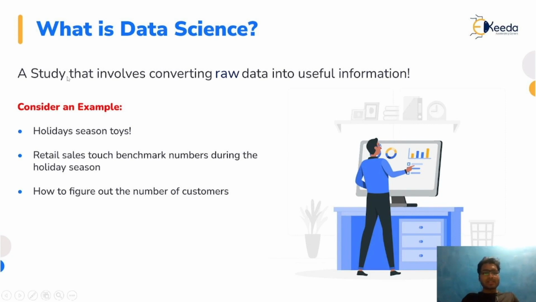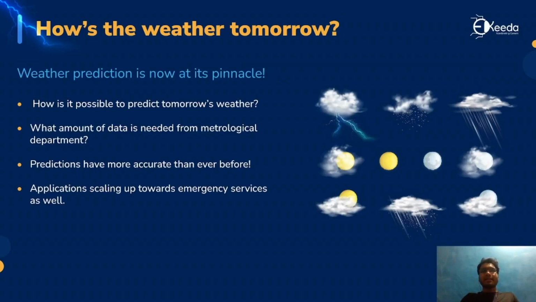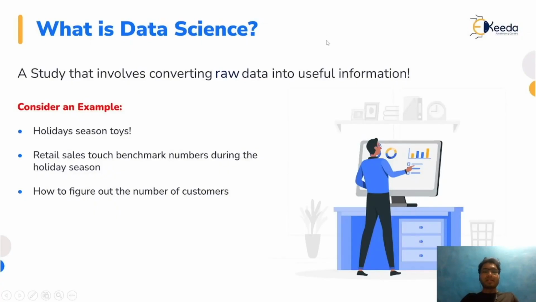Basically, data science is a study that involves converting raw data into useful information. When we say that we are data scientists, our job is to get the data, get quality data, and then derive some useful information from that. For example, if we take weather data, the data is collected using devices, which is raw. Devices will just capture whether the sky is cloudy or sunny. But then they transform those data and get clean data, and after that they derive some useful information.